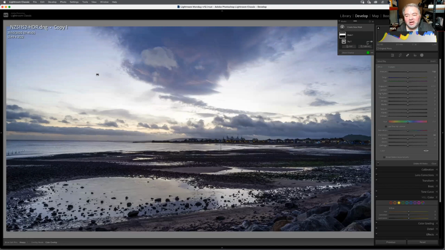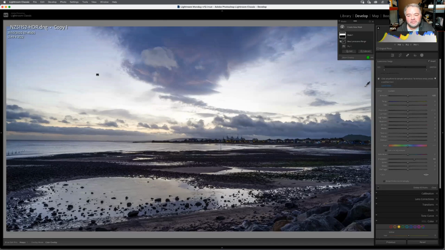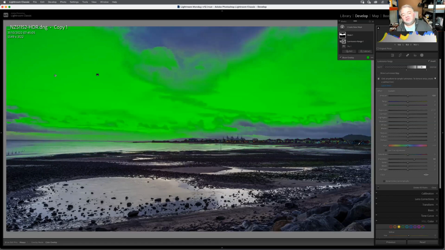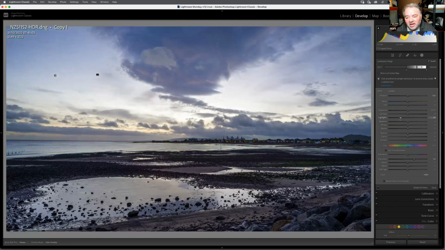So I select the sky, select three dots, intersect mask with luminosity range. I've got my little tool. I'm going to show my overlay, and I'm just going to select a box. I'm telling Lightroom the tonal values that I want to select in the sky. Not in the foreground, in the sky. And there's my mask. So now I can bring down the highlights,